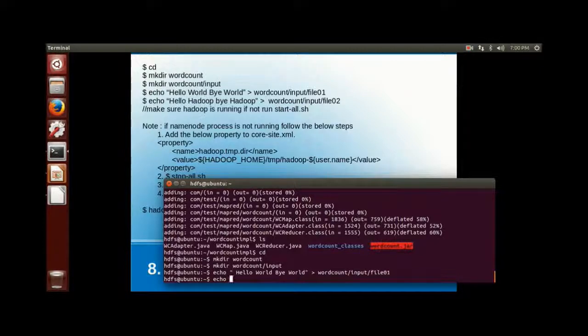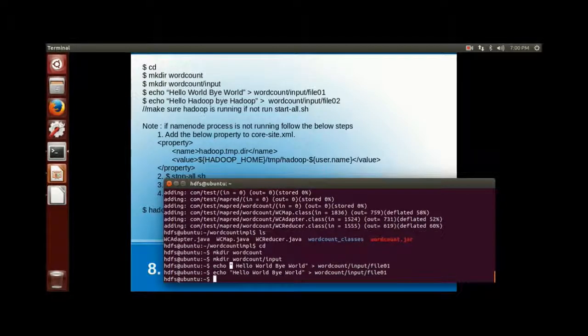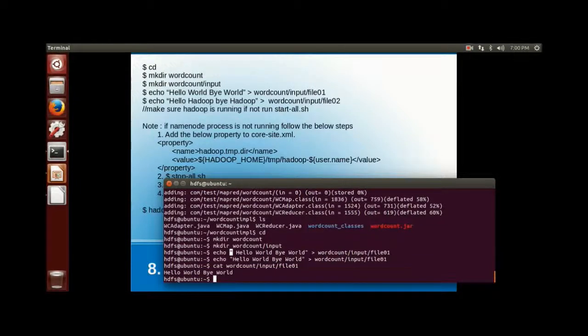I'm creating another file, file02, with some other text. File 01 contains hello world bye world; I just trimmed the data in file 01.